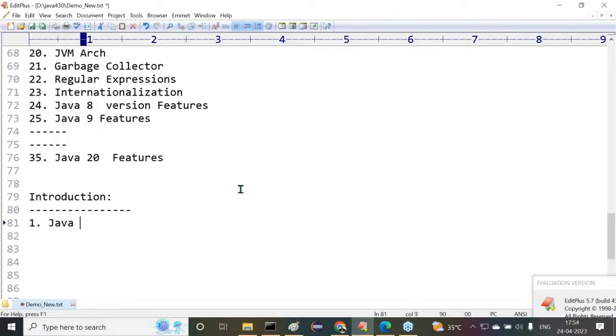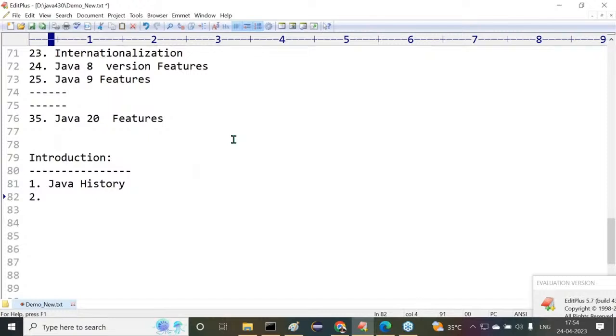First one is Java history. Why is Java coming into the picture? Who has provided this Java? What exactly is the work that the Java people have done to prepare the Java programming language? All these points, the content here, we are going to understand in Java history. After this,